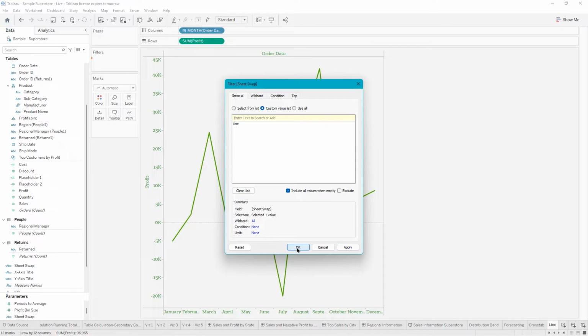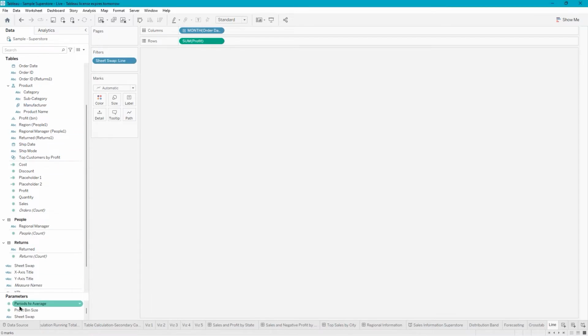And then click OK. And now if you show the parameter on this sheet,